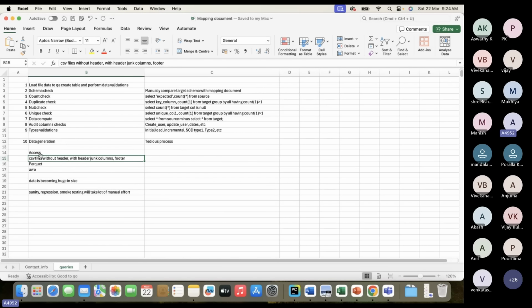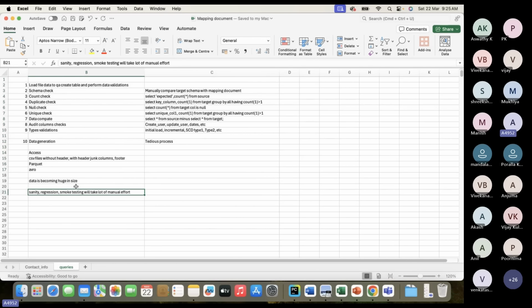If it is more than 1 million, it is very difficult to open in our local tools like Notepad++, or any file. Even comparison is a bit tougher. Data is growing, now coming in millions to billions of records in each file. So these are a few challenges that we are facing as ETL testers, and there are a few other challenges as well.